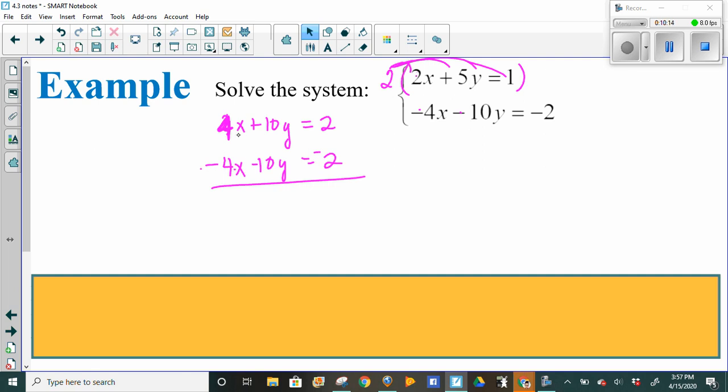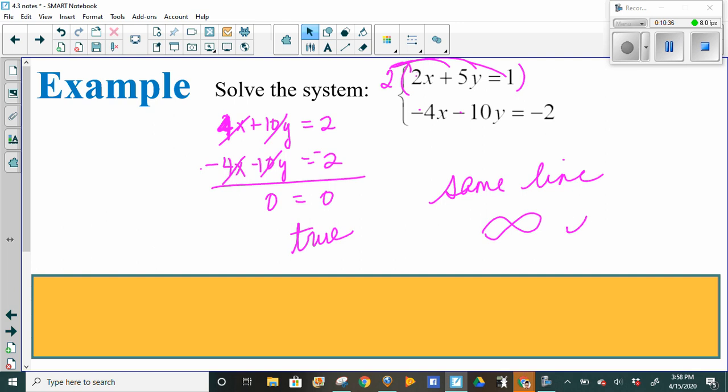So 4 minus 4 cancels. 10 minus 10 cancels. So there's nothing left on this side. And 2 minus 2 is also nothing. So now when it's true, when all of your variables cancel out and you're left over with a true statement, remember these are your coincident lines. So this is the same line. So that means there are infinite